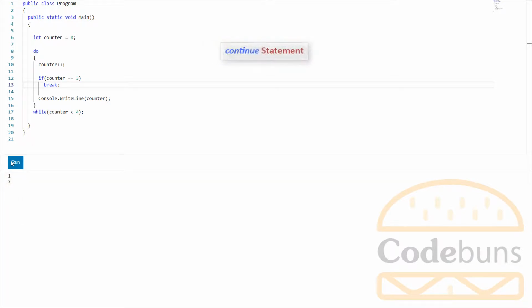Let's check another jump statement, which is continue keyword. When you use continue, the rest of the current iteration is skipped and immediately initiates the execution of the next cycle. In other words, passes control straight back to the top of the loop to start over again. Let's change break with the continue statement.